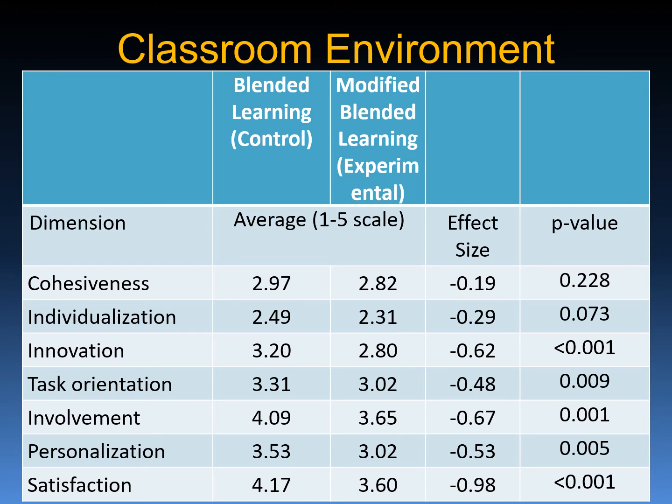The effect sizes for all the 7 dimensions were calculated using a multivariate analysis of covariance, and they range from -0.19 to -0.98, all in favor of the control group, the blended classroom. We just don't have a categorical explanation, but it might be because the cumulative tests are not looked upon favorably by students. Also, since homework assignments were not graded, many students may not have been as prepared for the in-class active learning of the prerequisite knowledge needed for the new content covered in the lectures and the active learning exercises we do.